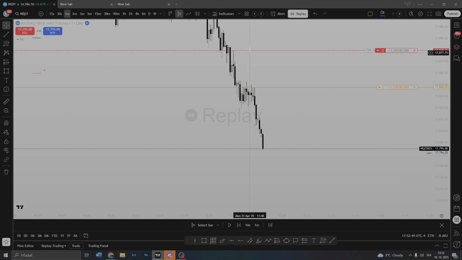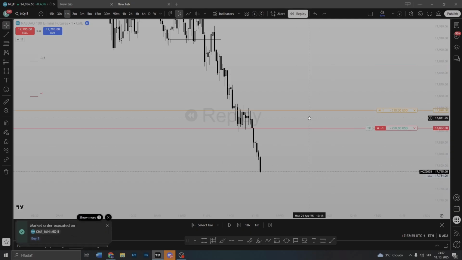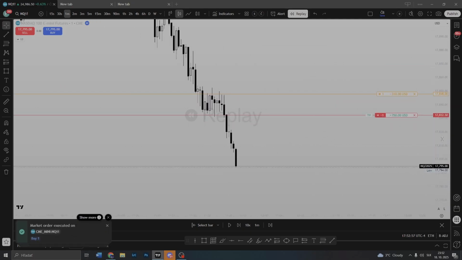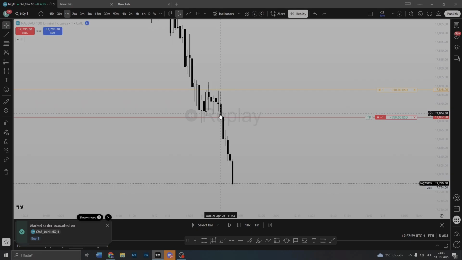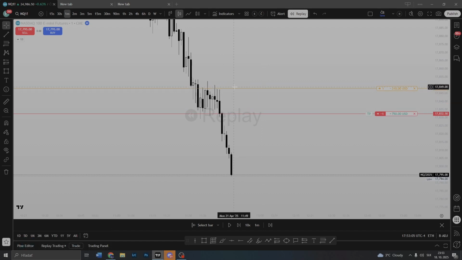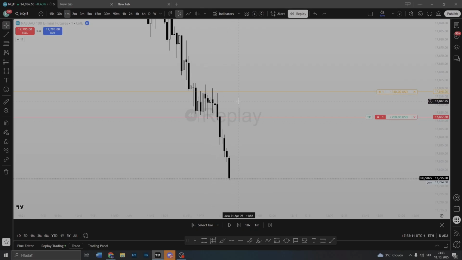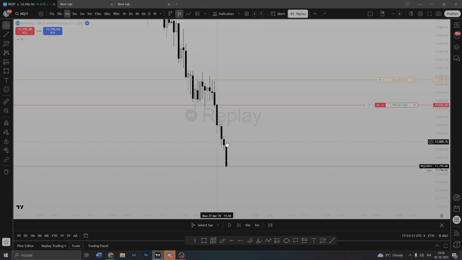Okay, since it was a pretty big move, we can take one off. Right here, one off. Again, should I put my stop loss to break even? I definitely can, and there is nothing wrong with me putting my stop loss to break even. Is it ideal though? In this place, our stop loss should be at this candle high, because if we are putting manipulation on any of this,